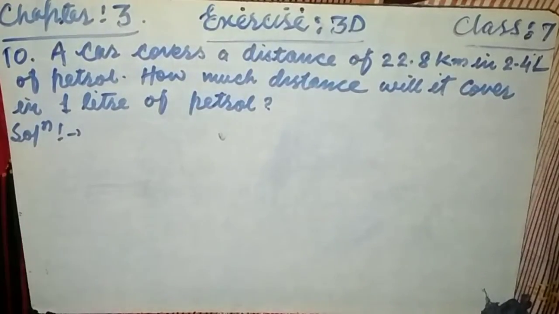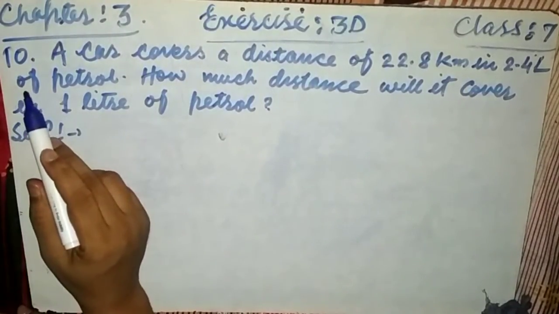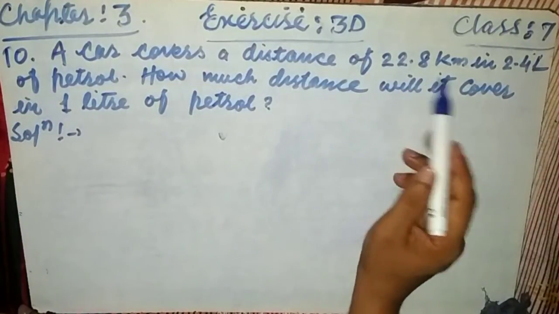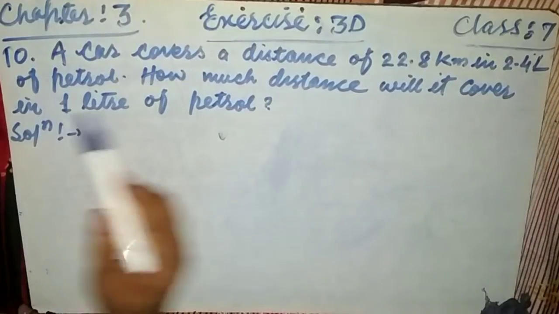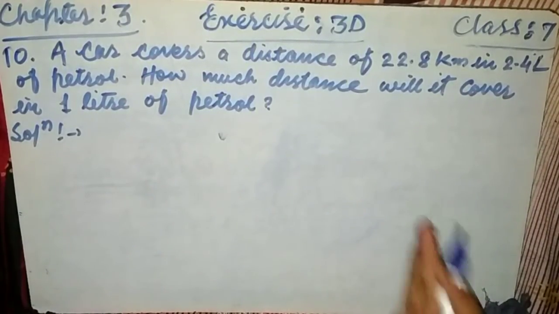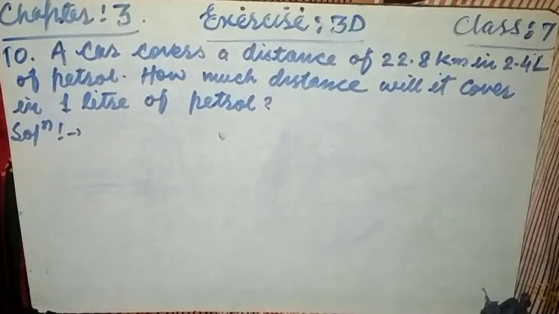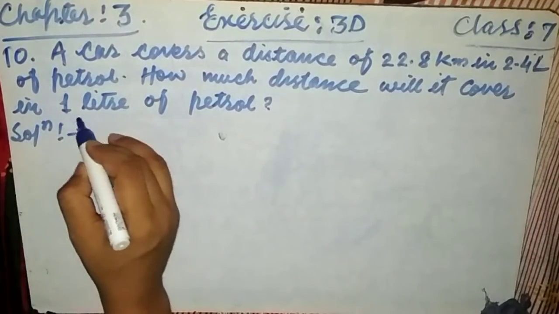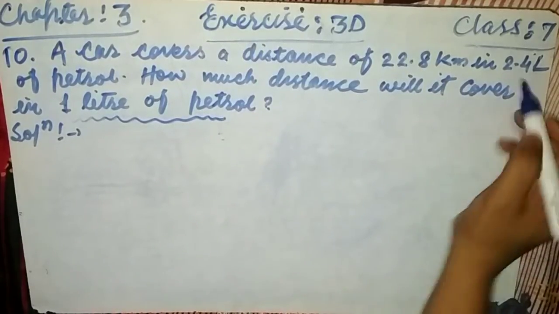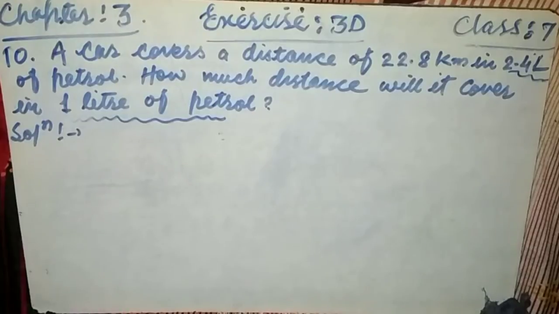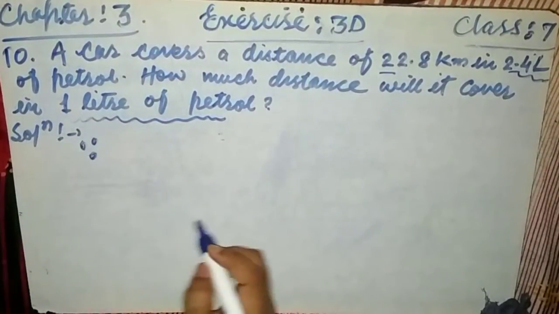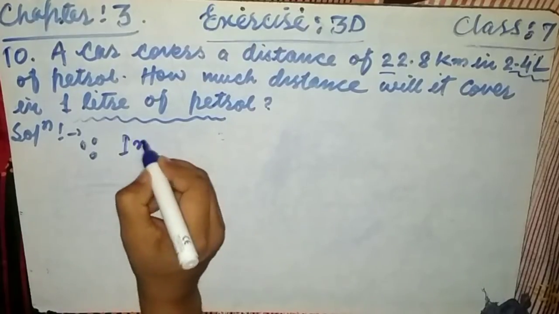Now see friends, question number 10, a similar type of question. A car covers a distance of 22.8 km in 2.4 liters of petrol. How much distance will it cover in 1 liter of petrol? So have a look, friends, here is the liters term. That means we have to write the left hand side in liters and right hand side is distance. Okay, now since in